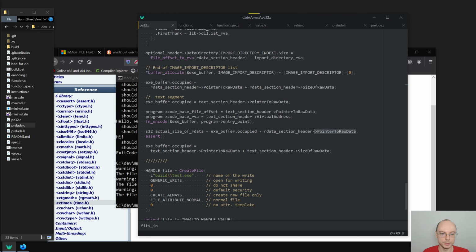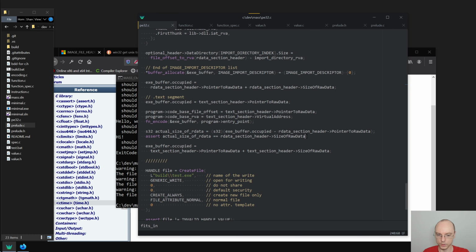So this is where the section starts, and this is where we are, where the cursor right now is in a buffer. So this would be the size. We probably need to do it like so. And now we can say that assert actual is our data section size of